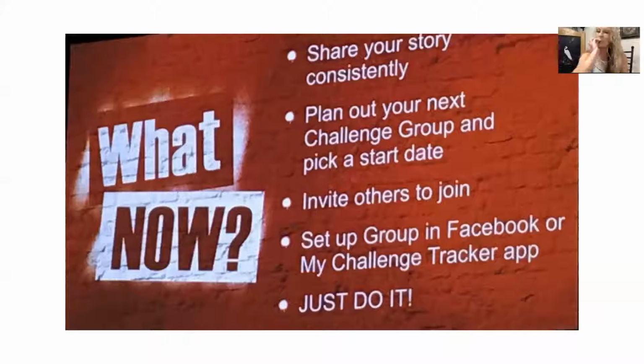I could go on and on about the Challenge Tracker app, but it's shown that more people have more success with the group because it's easier to track your stuff. You'll get a reminder from the app, not from your coach who might be annoying you a little bit: hey, you didn't post anything today, you didn't share your Shakeology today, you haven't logged anything today. That's why we're loving the Challenge Tracker app. It's just a better way to keep track of everything across the board.